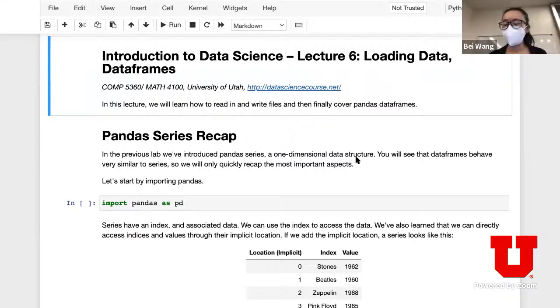So let's get started. There are a few things I want to clarify. There is a question over Piazza regarding what it really means by group activity or activities. On Canvas, you can submit up to 5 activities. Those are under Canvas assignment. They're not really graded, they're just participation points.